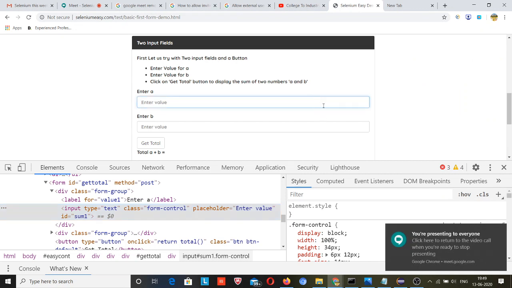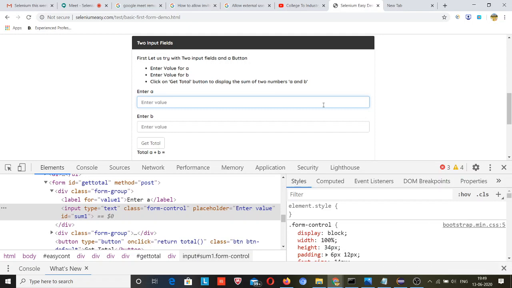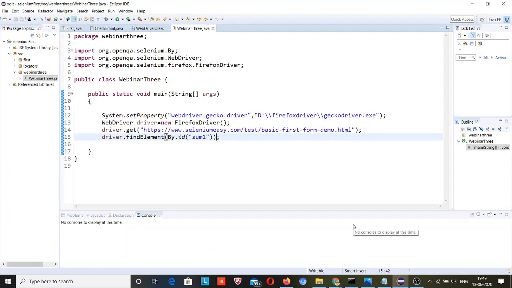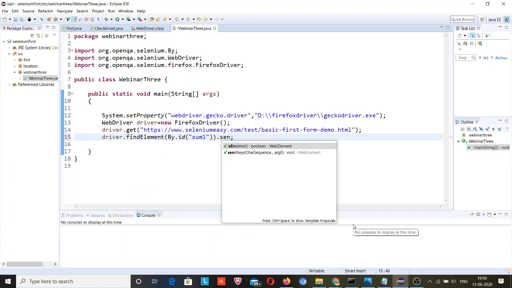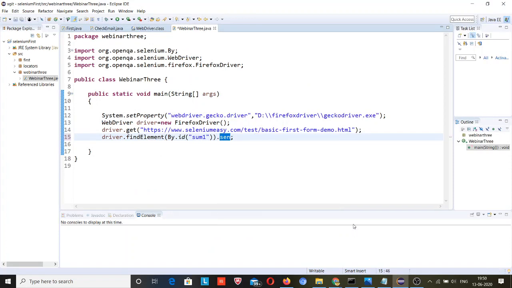But I need to send some keys so that I can cross verify that this field is correctly located. So dot send keys, and I will send 10.